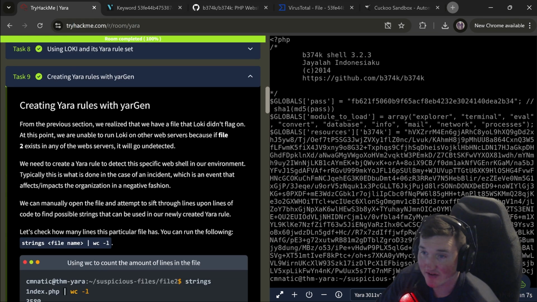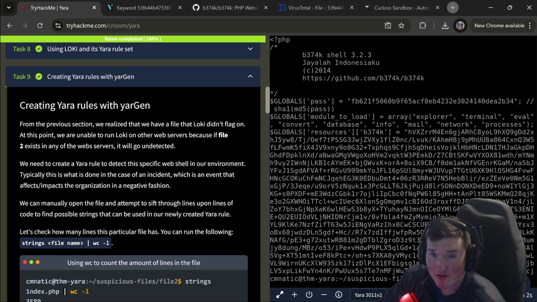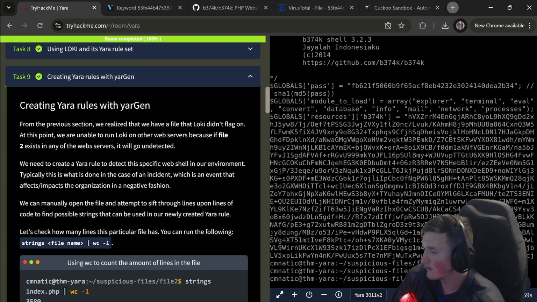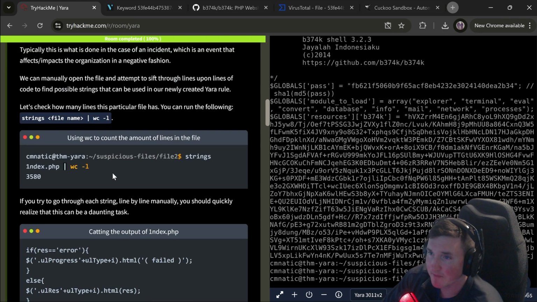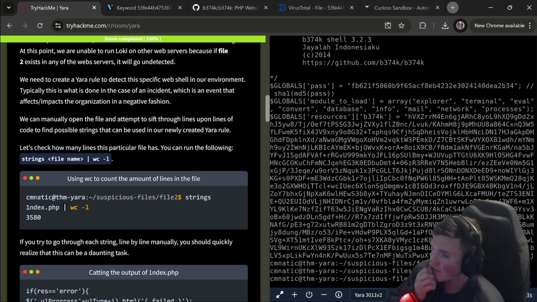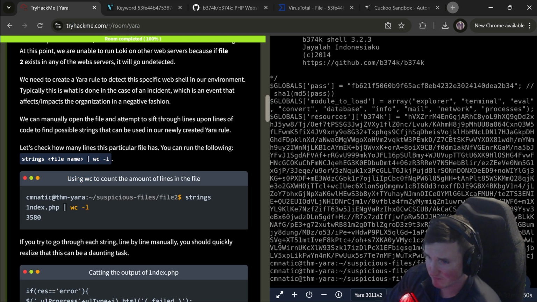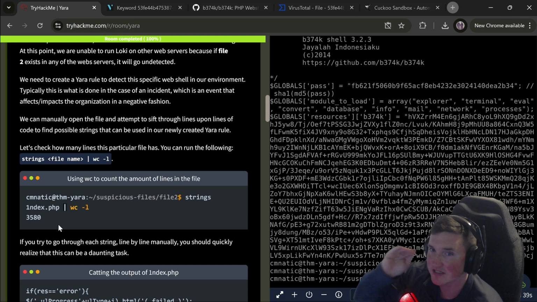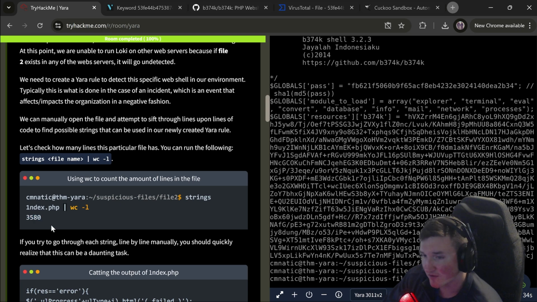So now this one is very interesting, because this is how most people, unless you're doing this all the time, unless you're a security researcher, this is how you're probably going to create your Yara rules, right? So what you're going to do, I'm not going to teach you guys how to use strings. You guys should already know that. But basically what they're showing here is, if you look at file 2, there is 3,580 unique strings there. That's going to be a lot to go through if you're trying to find indicators. If you're trying to go, okay, should I use this, this? You're not going to just say, only if you see 3,580 of these, alert me. And you're not going to say, if you see any of these, alert me, because there's 3,580, that's going to give you a lot of false positives.